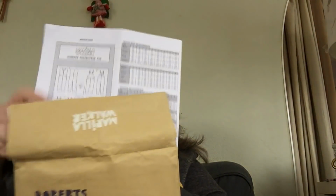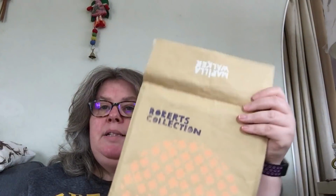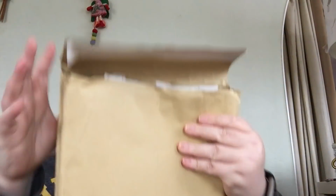So that's it for sewing, but I'm definitely going to make some more of the tops as well. She's got an Etsy shop, Marilla Walker, so you can buy the patterns as a PDF, but occasionally she does do printed patterns, and she's got 3 or 4 different collections, so I'm definitely going to look at her collections and buy some more of her patterns, because I really want to head towards this handmade wardrobe